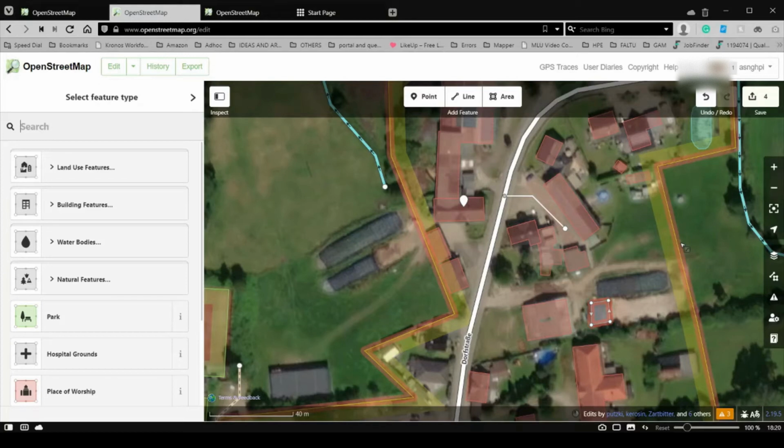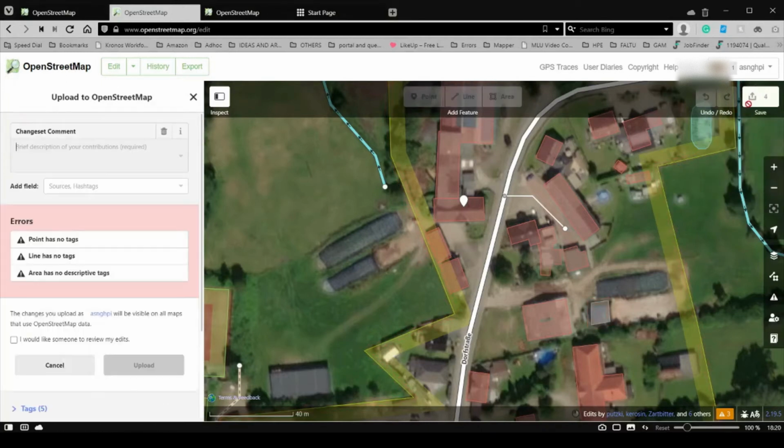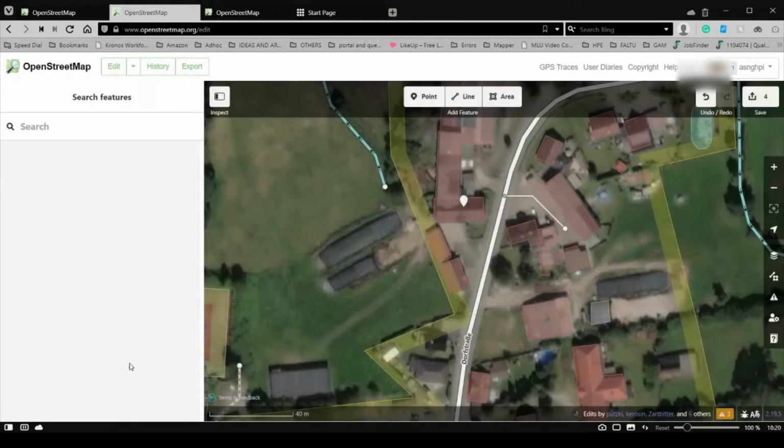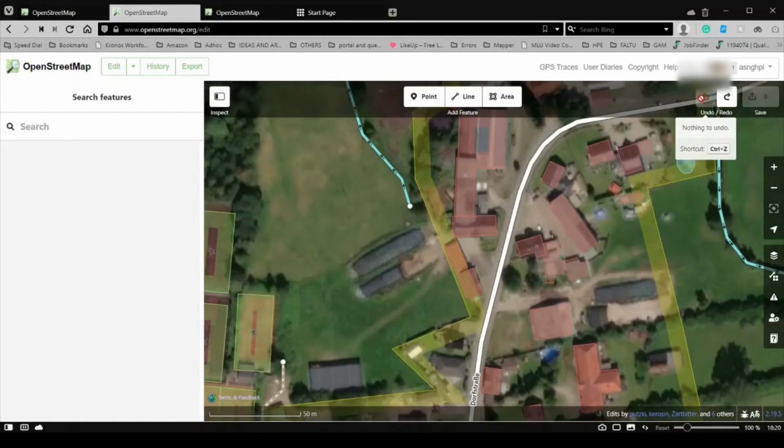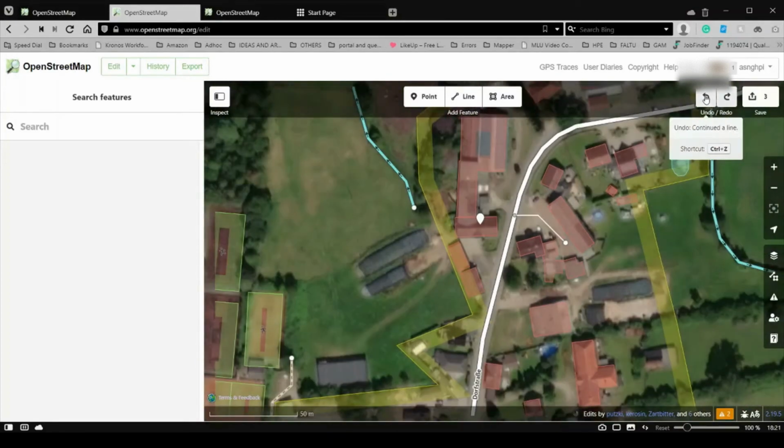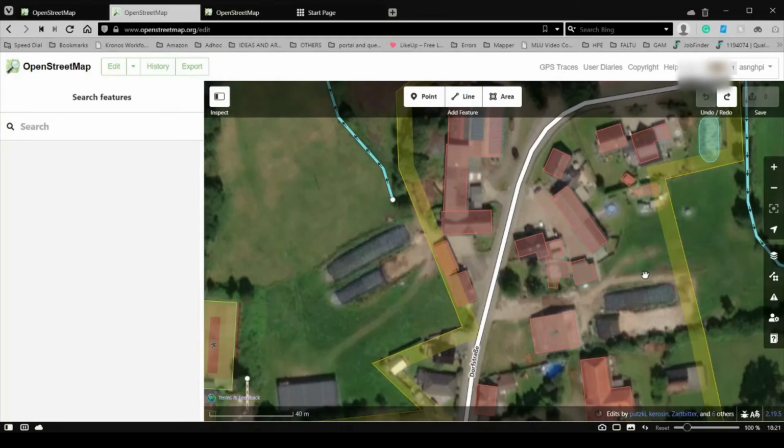At the top of the iD editor are the main controls. You can select which action you would like to perform. Map a point, line or an area. The buttons to go back, forward and save are also at the top. By clicking save, after making an edit to OpenStreetMap, your changes go live to the entire world. Please remember to hit save often.